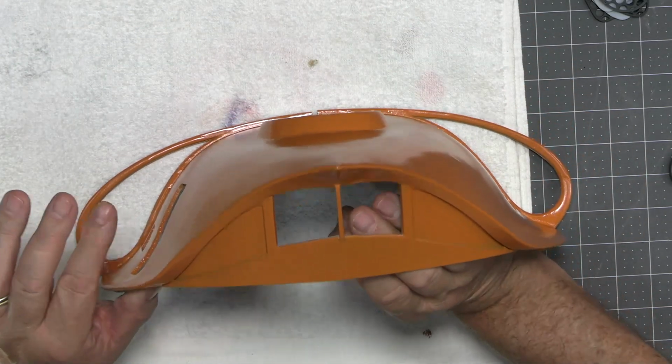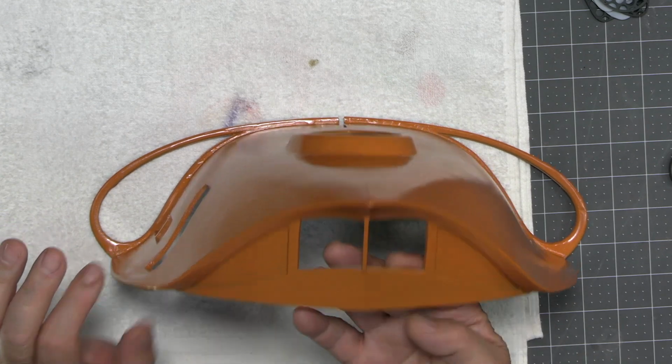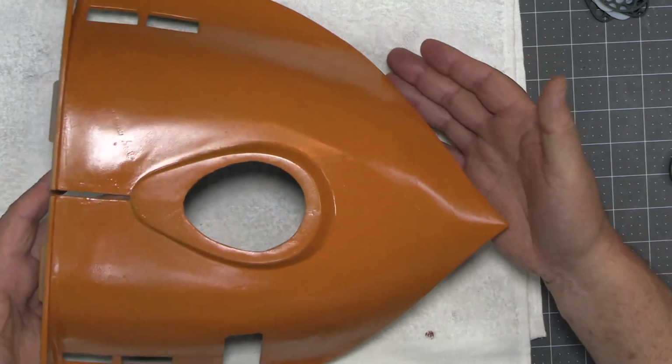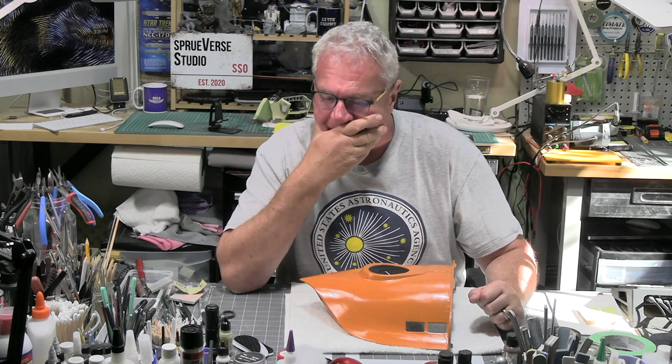I think, as you can see, the putty job on my windows is really nice. That's all nice and clean, and there's plenty of window there for us to be able to see that cockpit. So things are progressing. Okay, so in the next segment, we'll take a look at these boards that are coming,